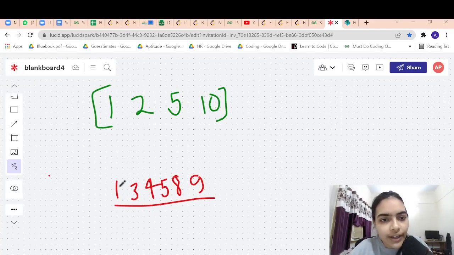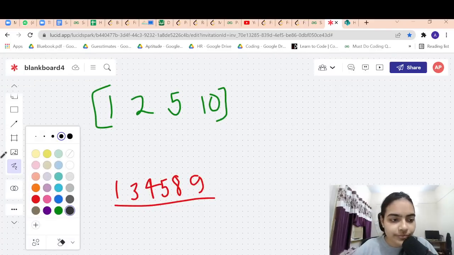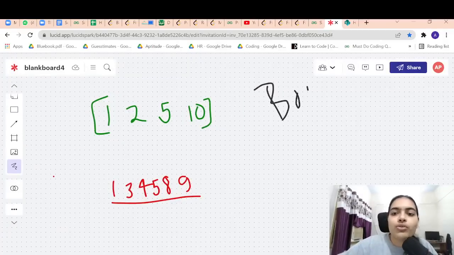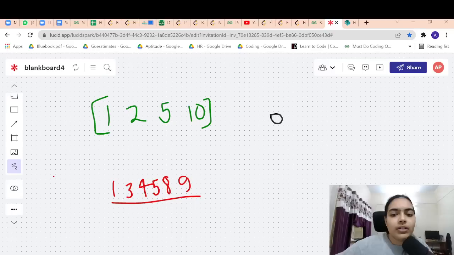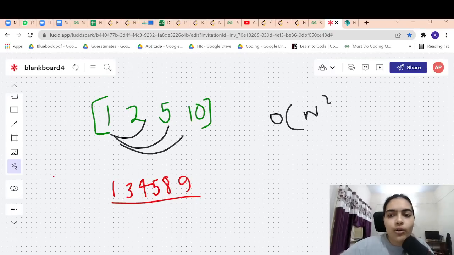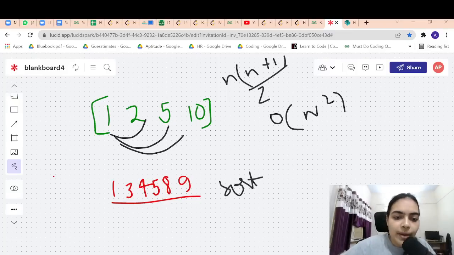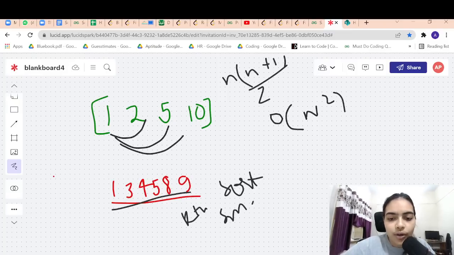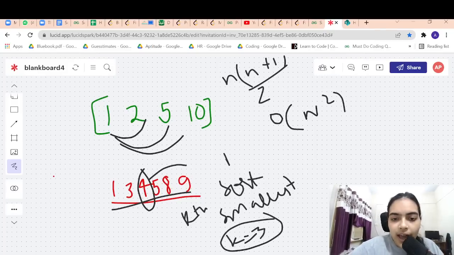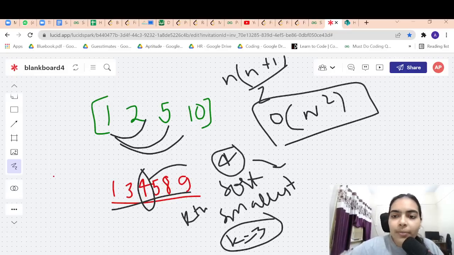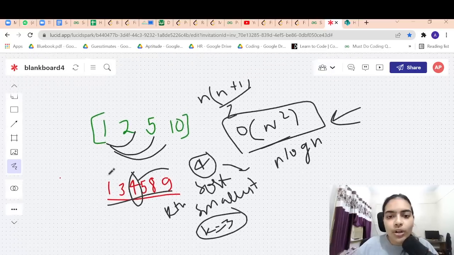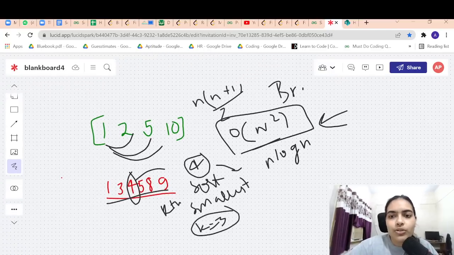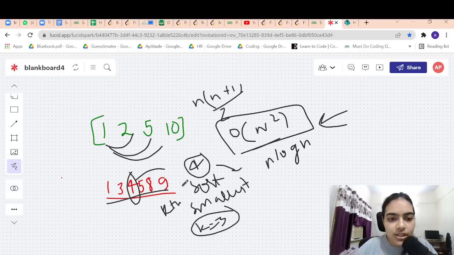Now let's try to find out how we can solve this problem. So the brute force approach to solve this problem is just list down all the pairs, right? So what we did, we listed down all the pairs. How many pairs are there? N into n plus 1 by 2. So list down all the pairs, then sort those pairs, and then find the kth smallest according to the k. Okay, let's say k is given equal to 3. If k is equal to 3, find the third smallest and you can return the answer 4. So for making all the pairs, the time complexity will be O of n square. Sorting will be n log n, right? So this will be the time complexity, but this is a brute force approach. So we want to do something better, right? Brute force approach is not good.